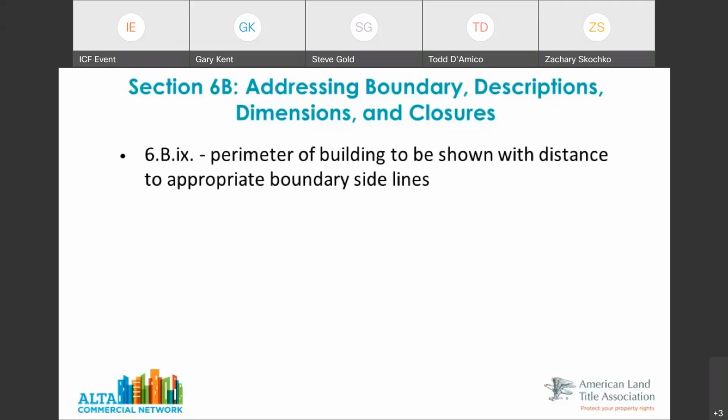So we don't say you have to dimension it to every boundary, because if it's 80 acres and there's a building sitting tucked way down in the southeast corner, nobody really cares that it's 2,073 feet to the north line. They want to know that it's 75 feet to the south line. So there is some subjectiveness there, but if somebody who's a consumer of this survey is curious about those, they should just ask the surveyor. They'll be able to make that computation.